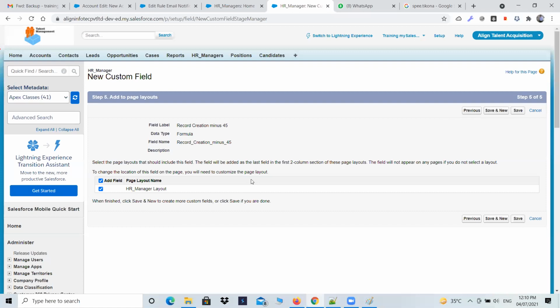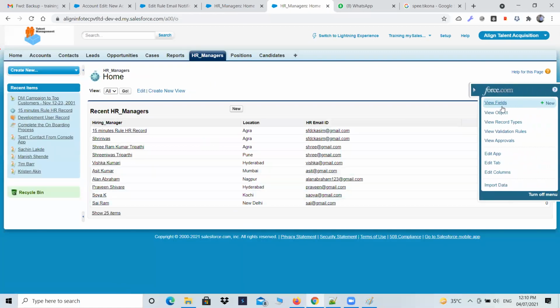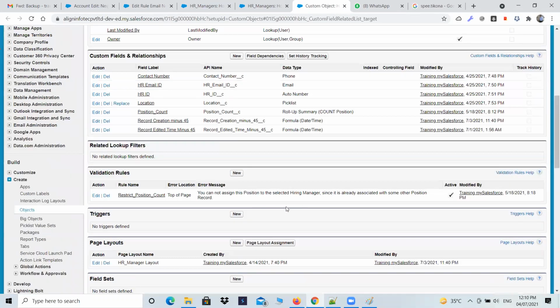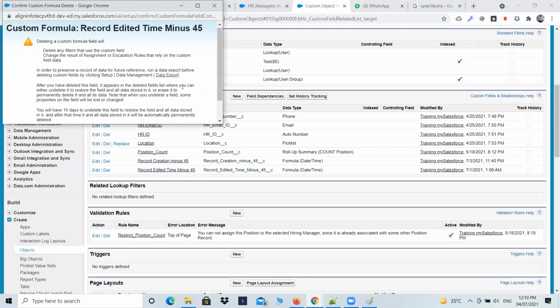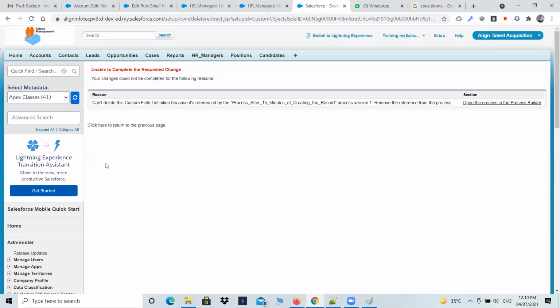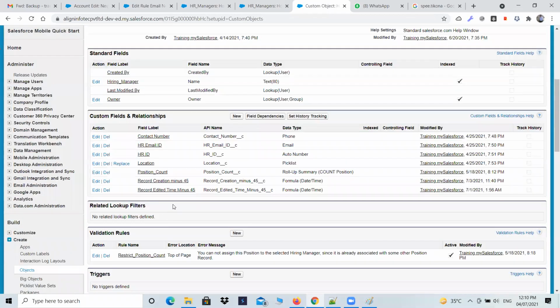So now, like we have created one. Let me just go and verify this whether we have created anything or not. Now view fields. दो क्रिएट हो गए थे, तो डाउट ही हो रहा था, 2 बार मैंने सेव किया था ना, 2 क्रिएट हो गए थे। ठीक है, कोई बात नहीं, दोनों का फॉर्मूला एक ही है। तो रिकॉर्ड क्रिएशन माइनस 45 नाम से मैंने एक फॉर्मूला बनाया है, ठीक है।